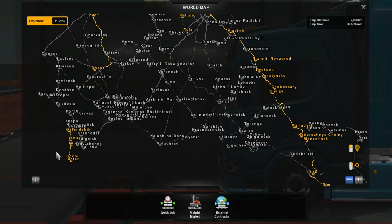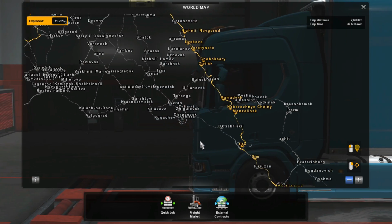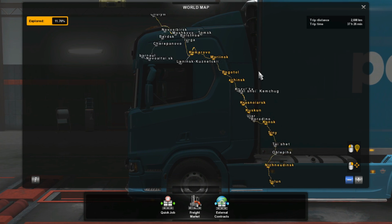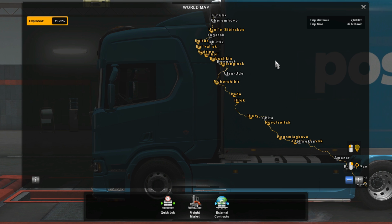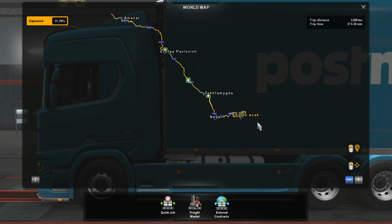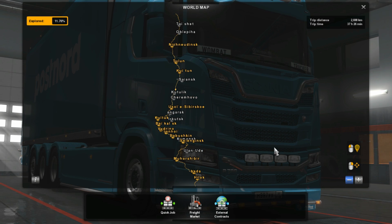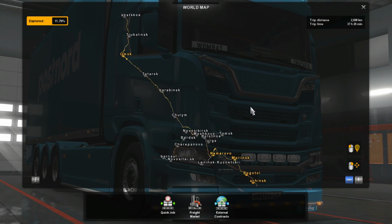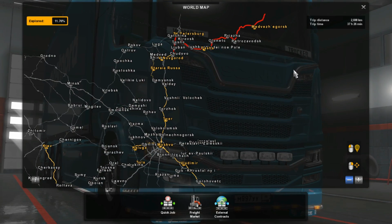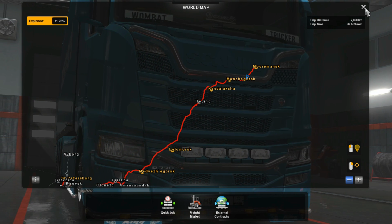And then the Russian parts of it continue down there. You have Sochi, continues down and down and down, and there we have the bottom, or actually the furthest east you can go on this map. And from this point to Murmansk there is 14,250 kilometers. Yeah, and as you can see I have already done that trip, and now I'm in Murmansk again